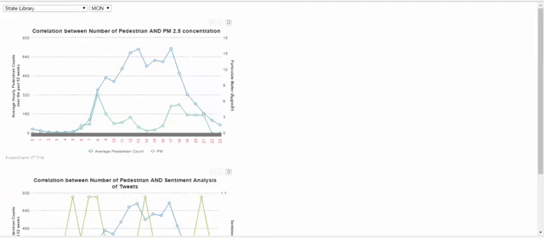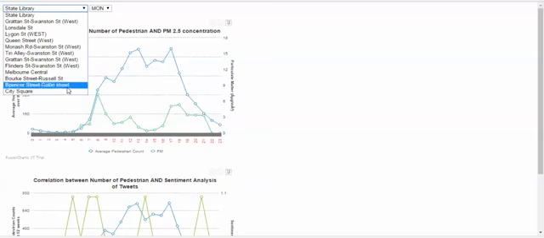Now moving to finding a correlation between the number of pedestrians and PM25 concentration. For this we used pedestrian data from the City of Melbourne. City of Melbourne provides pedestrian counts for CBD areas, so you can select any location in CBD. You will see a drop down, and you can select any street in the CBD which has these sensors recording the pedestrian data. And then for a particular day,